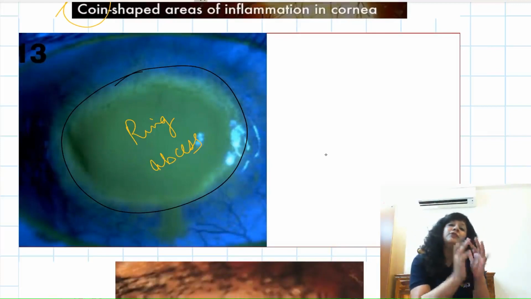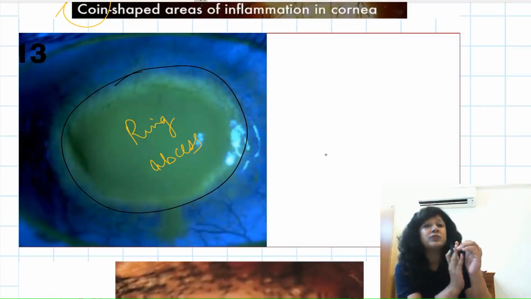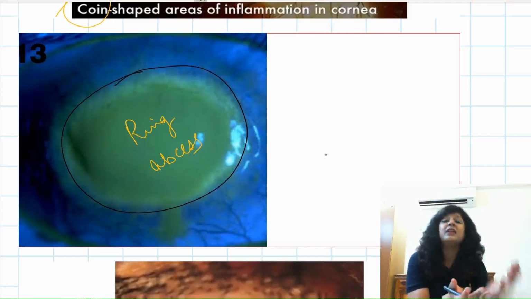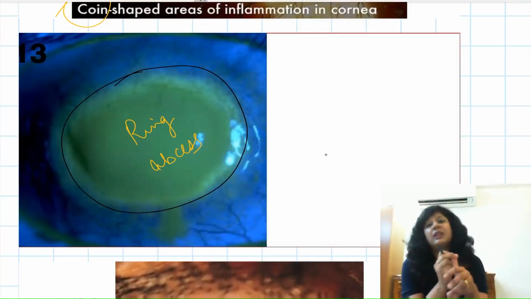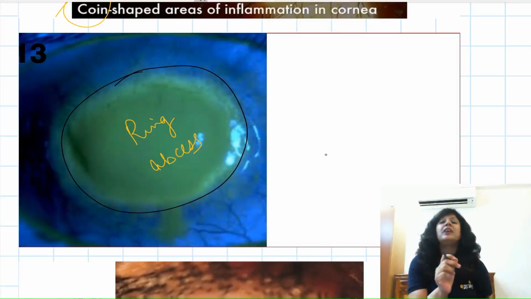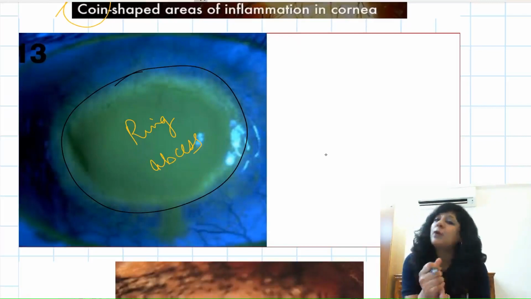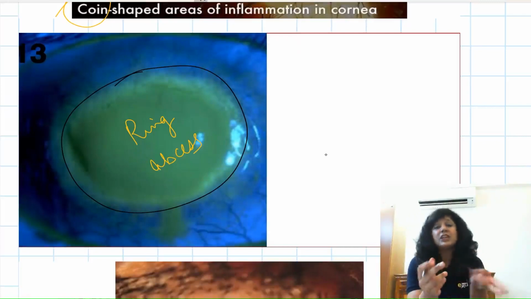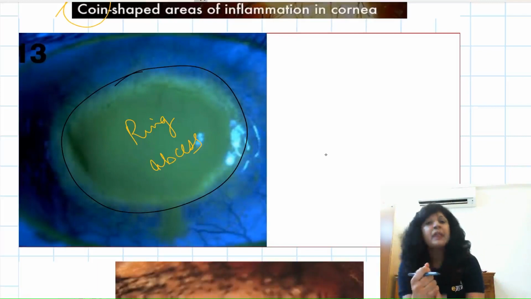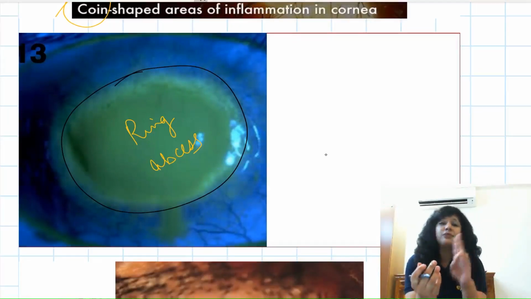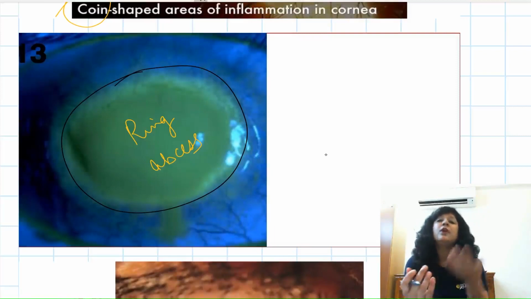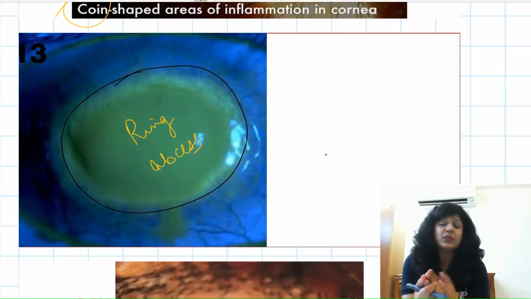Now there are so many confusing things that you may be confused whether this is acanthamoeba or bacterial, fungal, viral. So let us see them one by one. First of all, you can have the pseudodendritic pattern. Now instead of writing pseudodendrites in the question, they may say dendrites are seen. So this is one thing that you may confuse with viral. Second important thing, they can say trauma with vegetative matter. Trauma with vegetative matter gives you a clue towards fungal. Now trauma from vegetative matter can cause fungal also, and it can cause acanthamoeba also, because that vegetative matter may be soiled. Third thing, you can also get macrophages in this question.